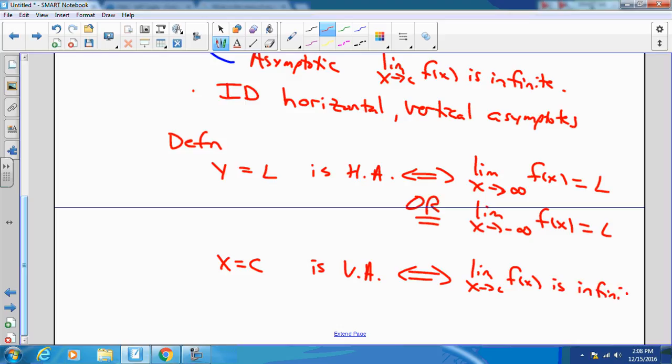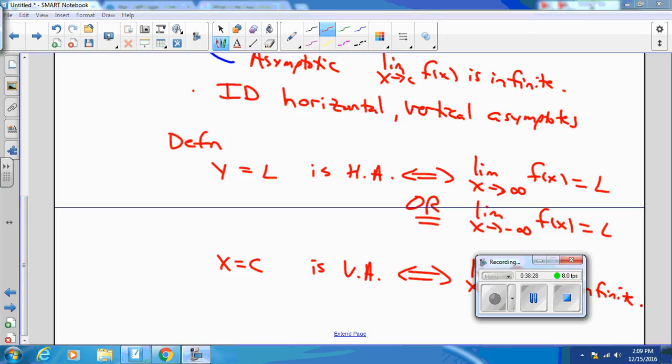On the other hand, the vertical line x equals c is a vertical asymptote if and only if the limit as x goes to c of f is infinite. And our last use for limits is to compute rates of change, aka derivatives, but that's tomorrow. Yes? Vertical asymptote. Oh, vertical asymptote. Mm-hmm. Doesn't matter if x goes to c from the left is positive, or from the left is negative. You will get a vertical asymptote in all cases, and that's why I didn't put any